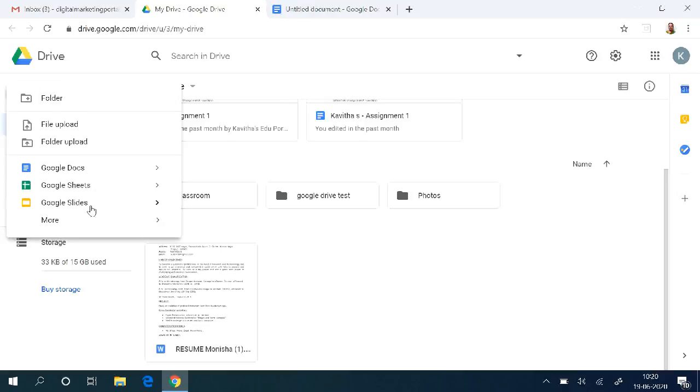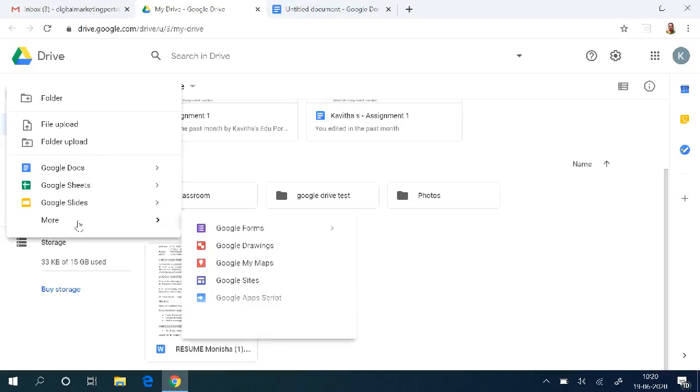In the same way, Google Slides is similar to your PPTs, your Google PowerPoint presentation. You can create Google Slides, and that also you can share. You can allow collaborators or other people to edit your slides too. That is possible. Apart from that, you also have Google Forms, an app used for creating a quiz or a questionnaire.